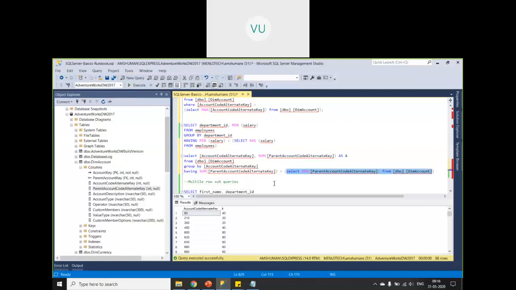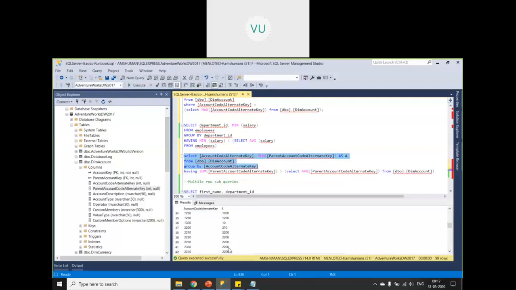What I'm trying to do, out of all the groups, is return only those groups which satisfy this condition, that means which are greater than the average of this particular column value. This is the average value of this column, right? If I don't put the condition, how many groups are there?